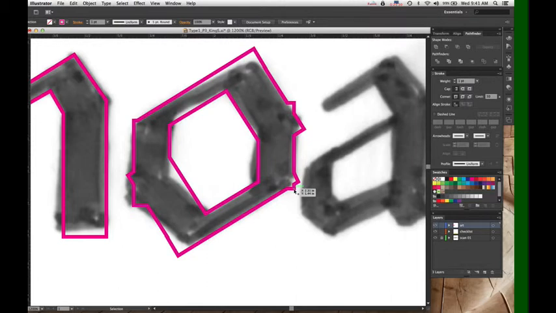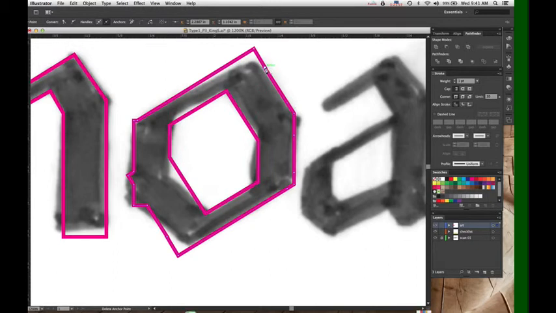So this is the corner I want. I don't want this. Actually, this is the corner I want. I want it to go like this and this. So this is where the delete anchor point tool comes in handy. I can delete that anchor point. I can delete this one. Now it's forming the corner I want it to. Delete that anchor point, delete this one.